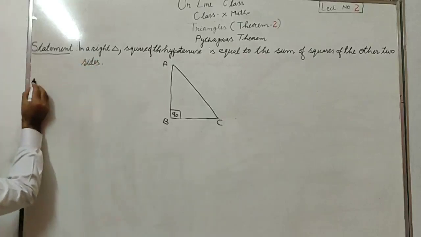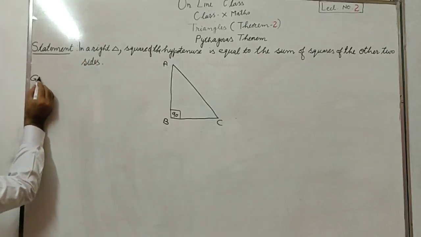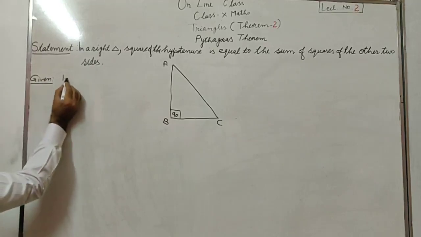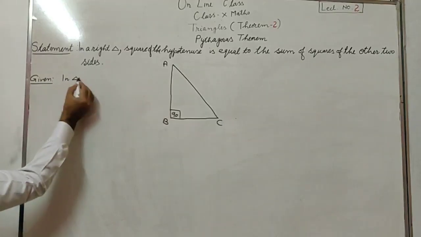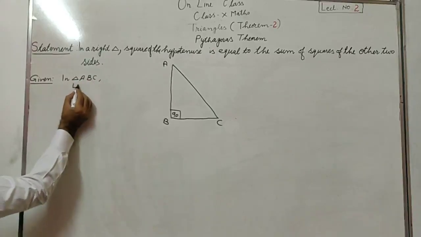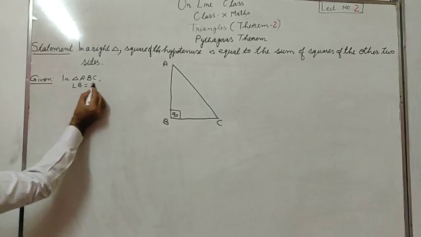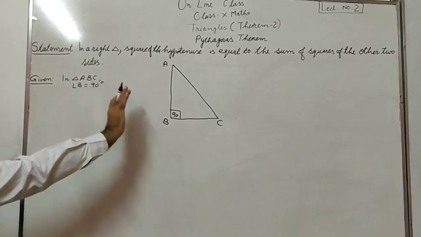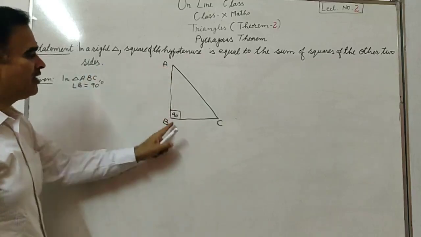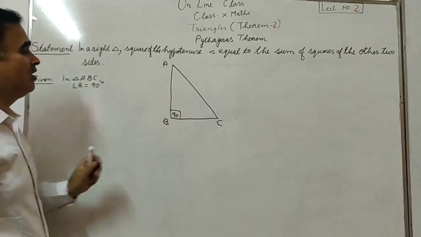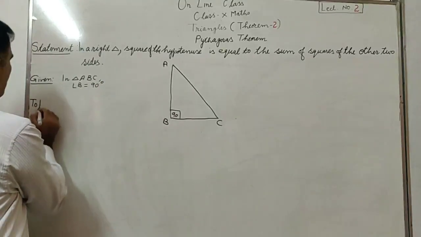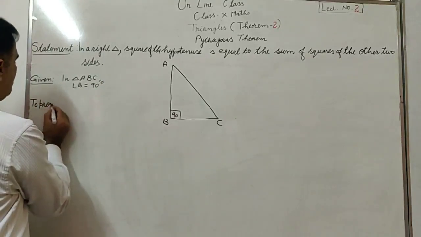So what is given to us? In right triangle ABC, angle B is of 90 degree. This is complete because it is a right triangle. So we have taken this right triangle ABC. To prove